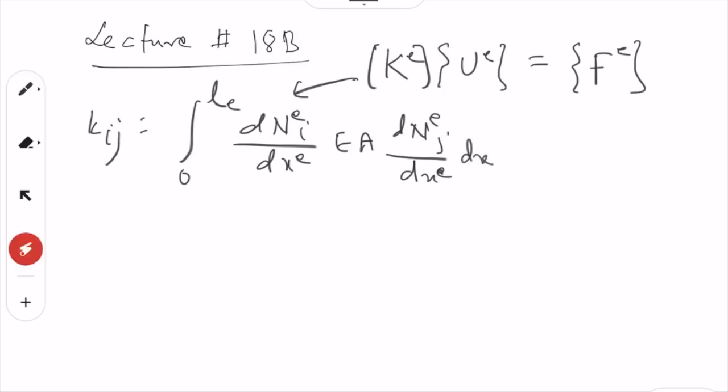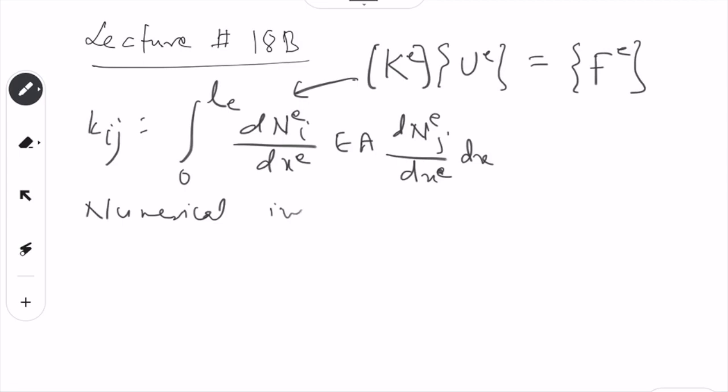So there is an integration involved, because E may be a function of x, A can also be a function of x, N is a function of x already, right? So that means this term could be complex, and we have to find the correct values. So we need to have numerical integration,